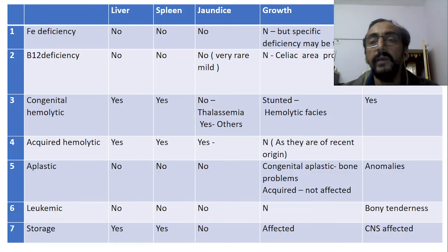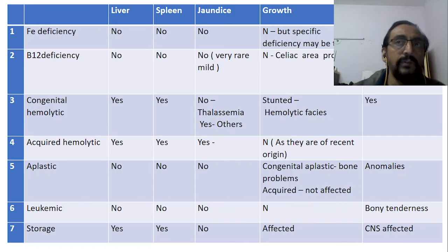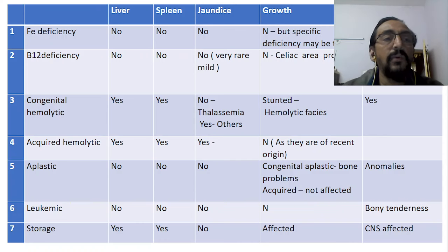Now this is a graph representation of what we have explained so far. So far we have seen the four types of anemias. If you are able to clinically identify these four types of anemias, it is well and good. In the deficiency anemia, we have got iron deficiency and B12 deficiency, and liver is not enlarged, spleen is not